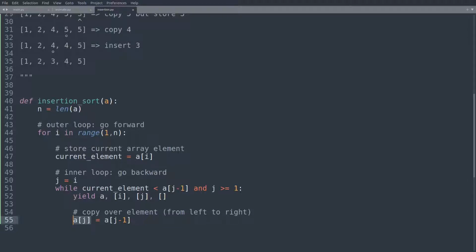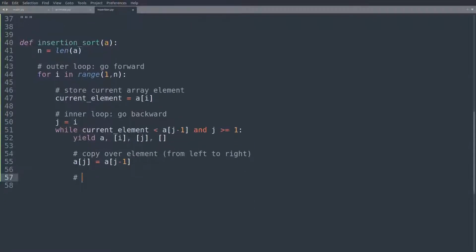So aj, which is the element that comes to the right of aj minus 1, this is just copied over, right? So aj minus 1 is copied over to the right. And next we'll take a step left. So step left, so we'll say j minus equal 1. Now once we reach the end of this inner loop, it's time to insert the stored array element,